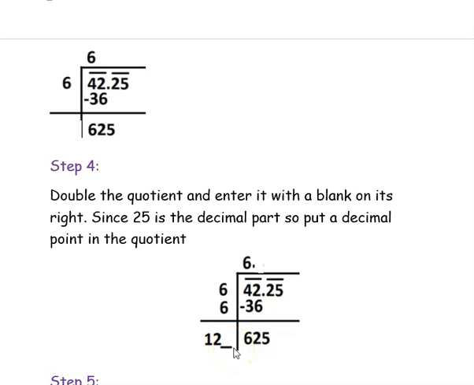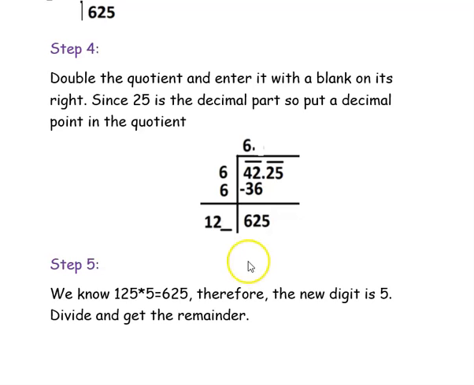Since 25 is in the decimal part, I have to place a decimal in this quotient also, because in your answer we'll get a decimal. So, I am placing a decimal point here. In the next step, we want to find a number to be written in this blank such that the new number will become the new quotient. And if you multiply this new number with the new quotient, you should get a number less than or equal to this 625. And I have found it to be